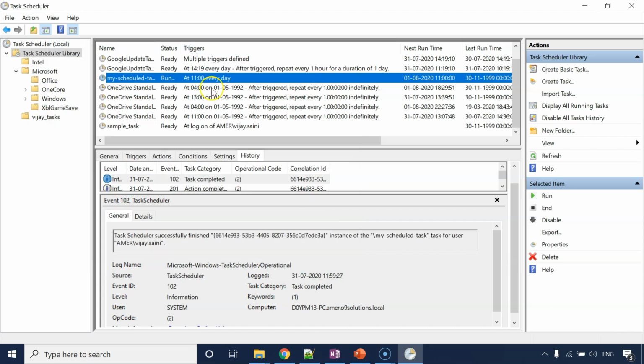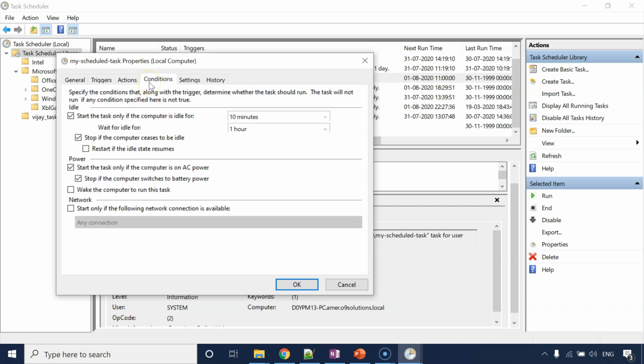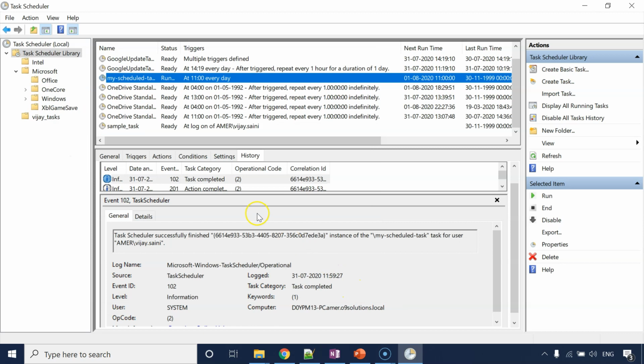All right, so let's say we created this schedule task with all different settings, and you have to replicate it on 10 different systems. You don't want to go through each of these settings and spend some 10-15 minutes on each system. So what is the better way of doing this is you can export the task like this.